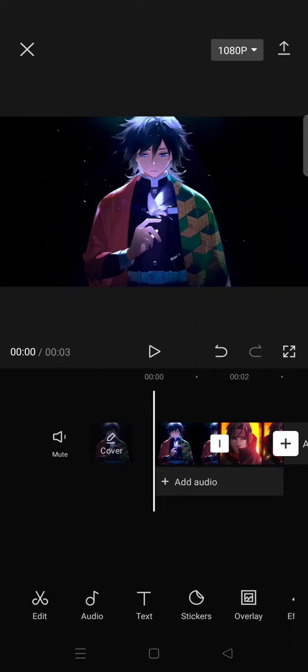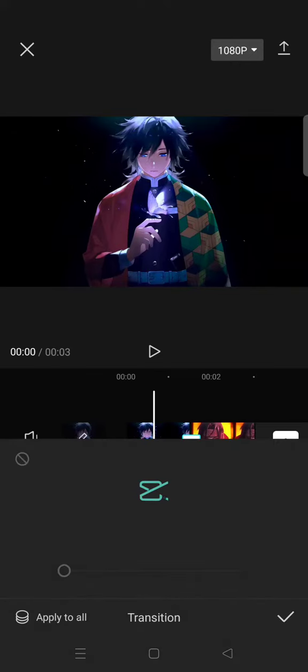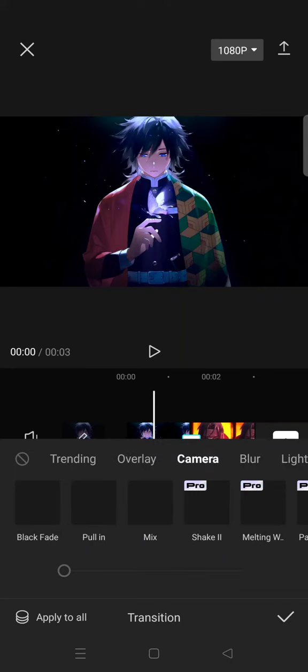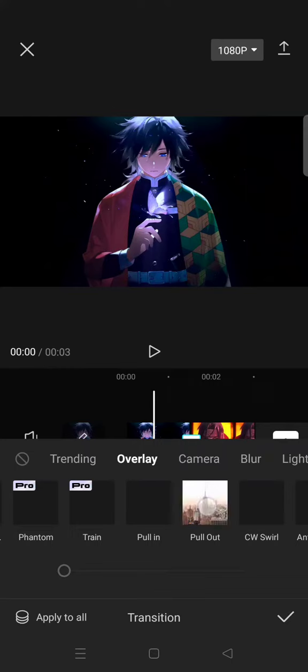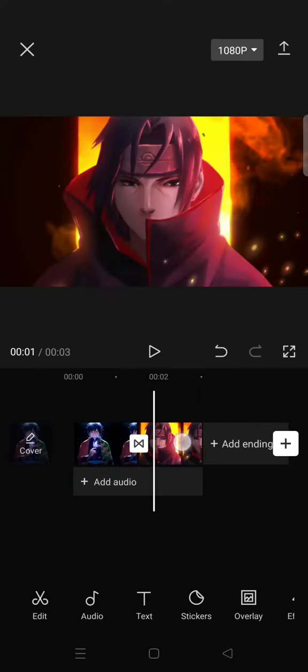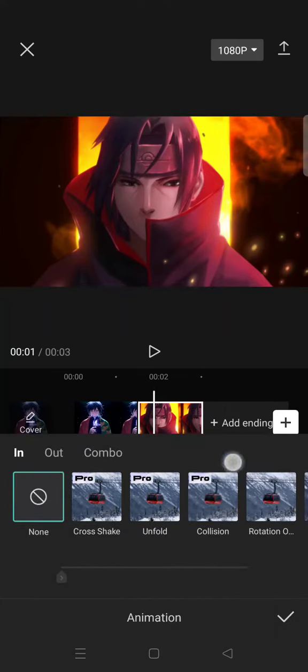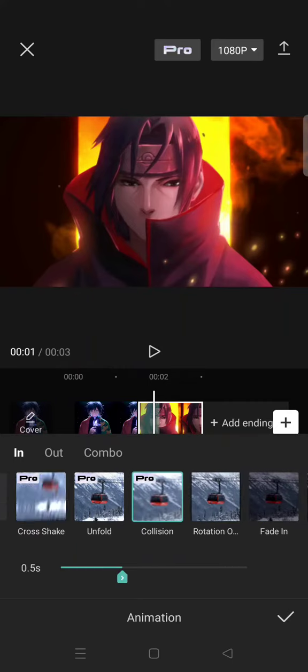So on today's video, I'm gonna show you how you can easily create a shake transition using animations and effects on CapCut. So first, just click on the transition box in here and then click on the camera category. Then select the pull out transition. Click on a check icon and now click on a second clip, go to animation and select the collision animation